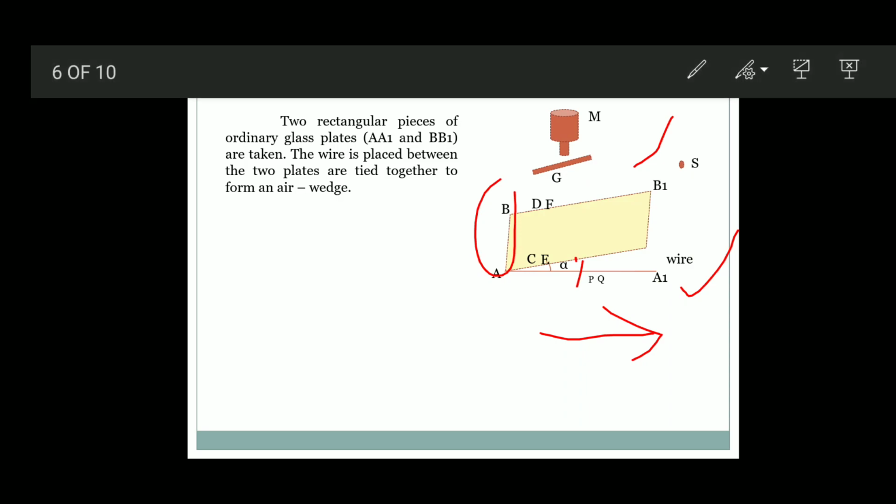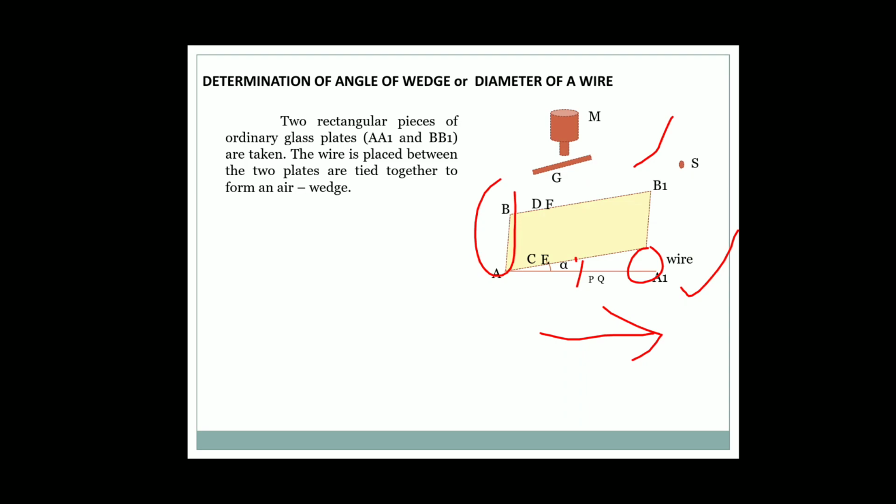So there is a thin wire kept at one end, that is at A1 B1. So it makes a wedge shaped film. Of course, it may be air between two glass plates. In this case, the refractive index mu is equal to 1. Due to this, there are bright and dark straight lines we can observe due to the incident monochromatic